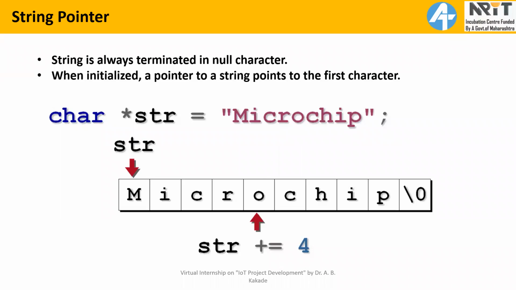Like here, type of the pointer is character type. It can be integer type. We should specify pointer type because, for example, if string is made up of characters, then each character requires 8 bits for storage. That is, each character requires one byte. So when we increment the pointer, pointer will be incremented by 1 for character type of data.